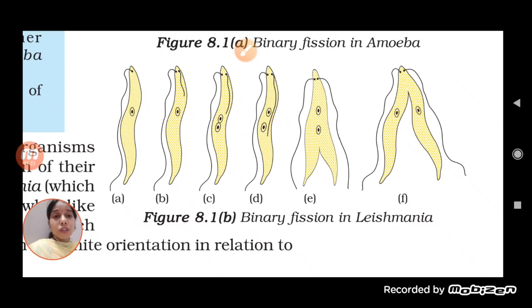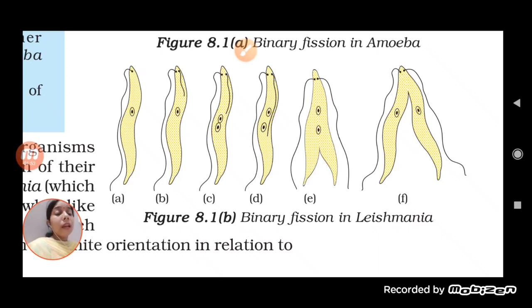So in the first structure, that is the normal Leishmania, and in the second one you will find a little bit of elongation in the nucleus. In the third one, they get divided, and a depression is formed between the two nuclei. In the fourth one, you will find that both of the nuclei get separated from each other. It means the proper formation of the nucleus has already taken place. And in the